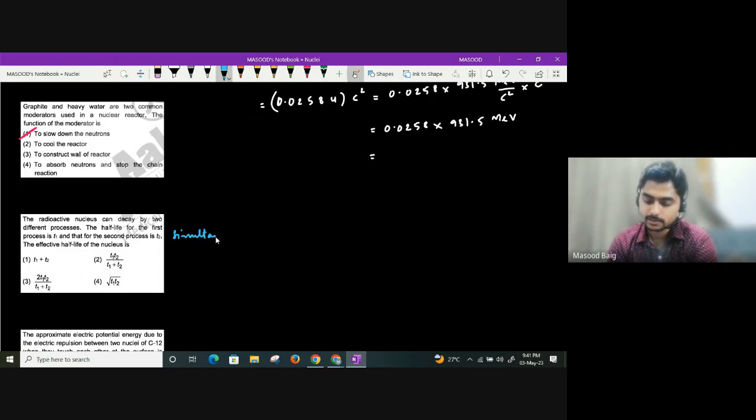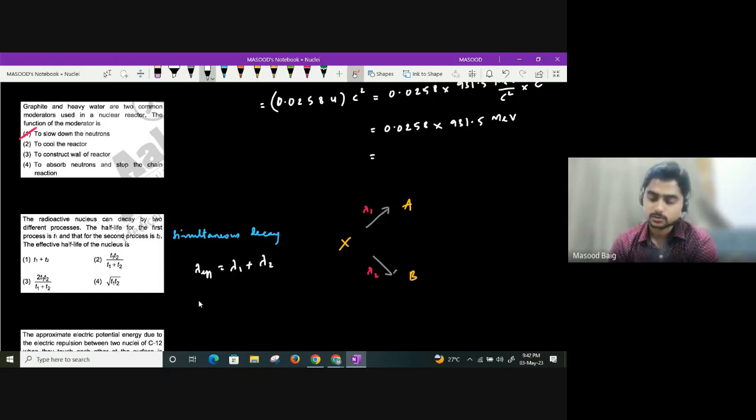And always remember, in case of simultaneous decay, suppose there is one radioactive nucleus X, in one process it is decaying to form A, in other process it is decaying to form B. Lambda 1 is the decay constant in this process, lambda 2 is the decay constant in this process. Then I will give effective decay constant as lambda 1 plus lambda 2. Okay, or I can write 1 by T half effective will be 1 by T half of 1 plus 1